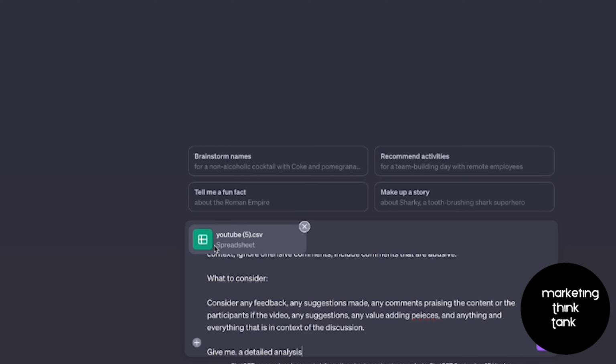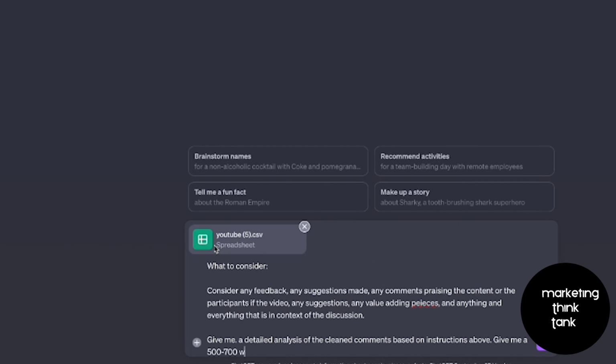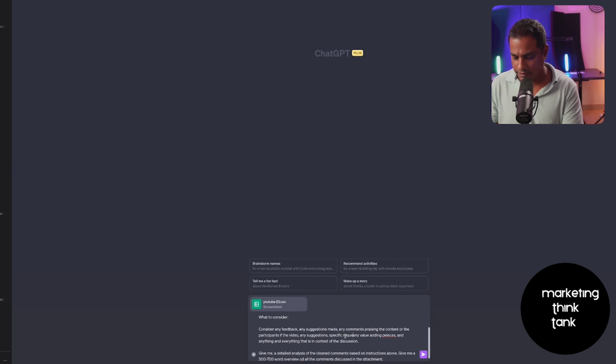detailed analysis of the cleaned comments based on instructions above. Give me a 500 to 700 word overview of all the comments discussed in the attachment, right? I'm just also going to say under what to consider, any specific requests users may have had, include those also, and then give me